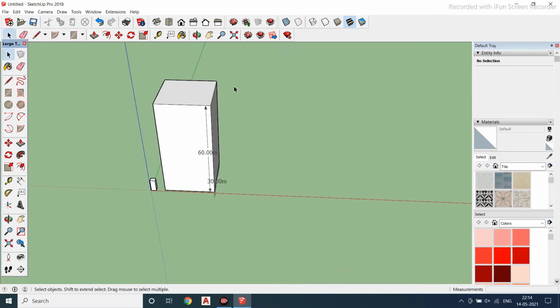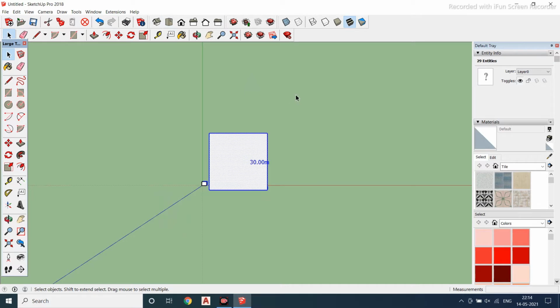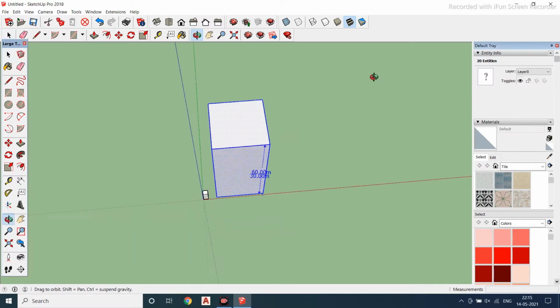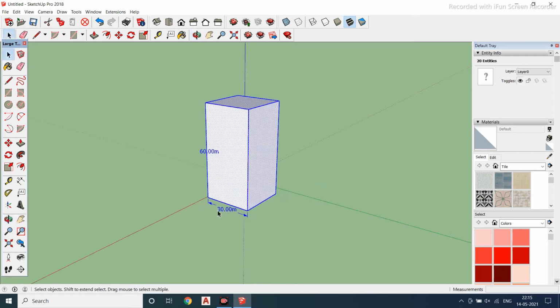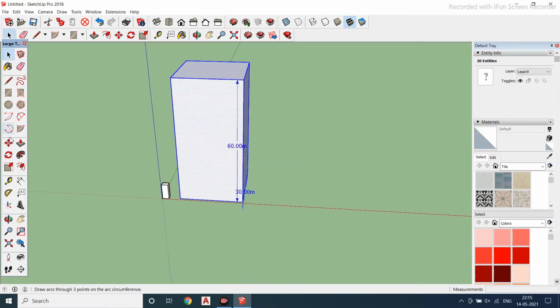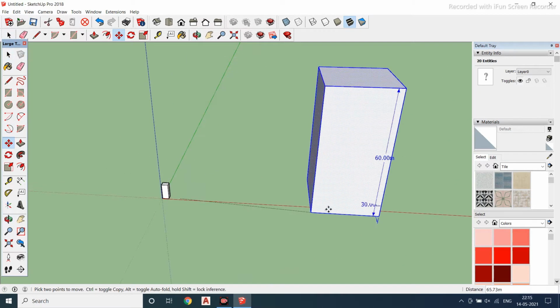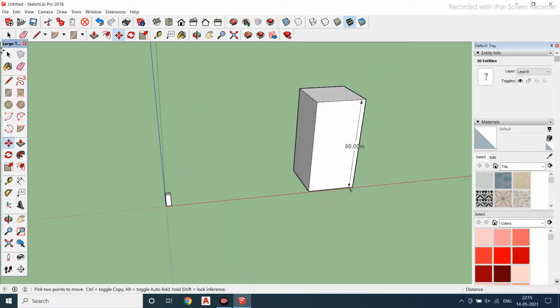Move, as I said, you select your whole object. This is my selection. You have to select your whole object. While selecting, it's very difficult if you have side objects, so always go with the top view. Escape, come out of the command, click somewhere else and press escape, then select only what you want to select. Now you can see all round. Click on your scroll and rotate it. Use the move tool and just move it.